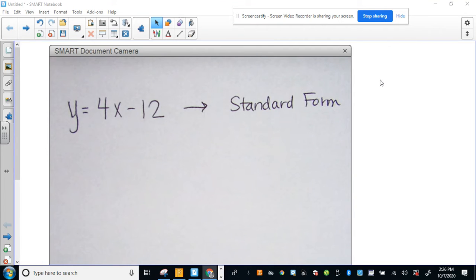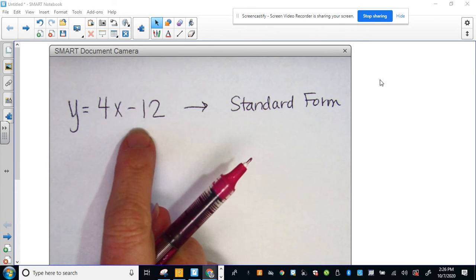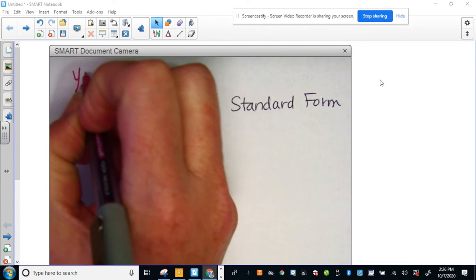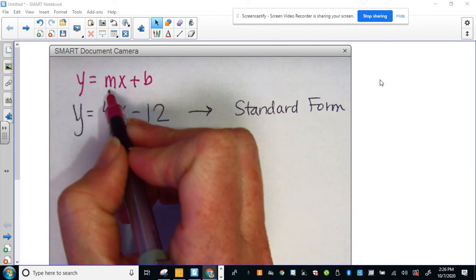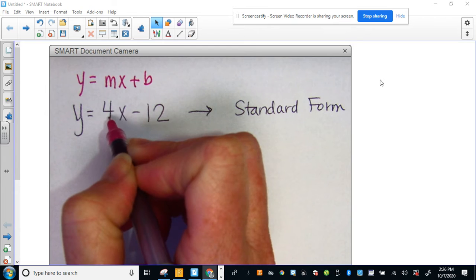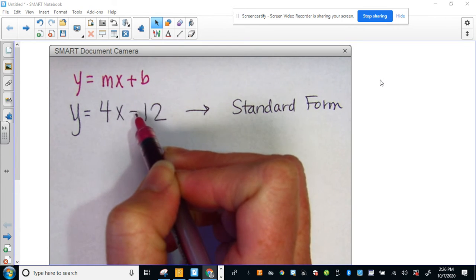I'm going to show you how to change linear equations from one form to another. So this is the form that you're normally used to. This is called slope-intercept form, and that's written with your y equals mx plus b, where m is your slope, so 4 would be your slope here, and b is your y-intercept, so the y-intercept here would be a negative